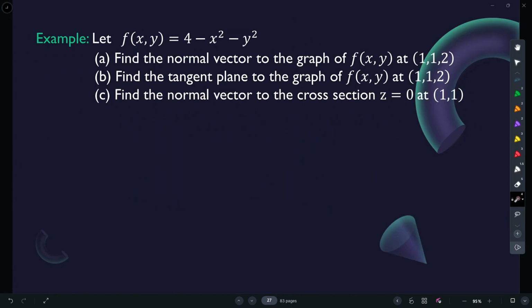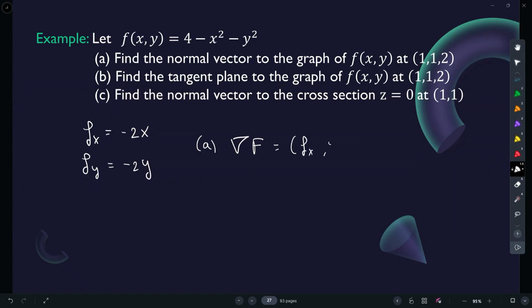Let's do some practice on finding those normal vectors, just for review of this concept. Let's find the normal vector to the graph of f of x y at 1, 1, 2. So first of all, I want to take some derivatives. The derivative with respect to x is minus 2x. The derivative with respect to y is minus 2y. So part A is this gradient vector, which remember is f of x, f of y,